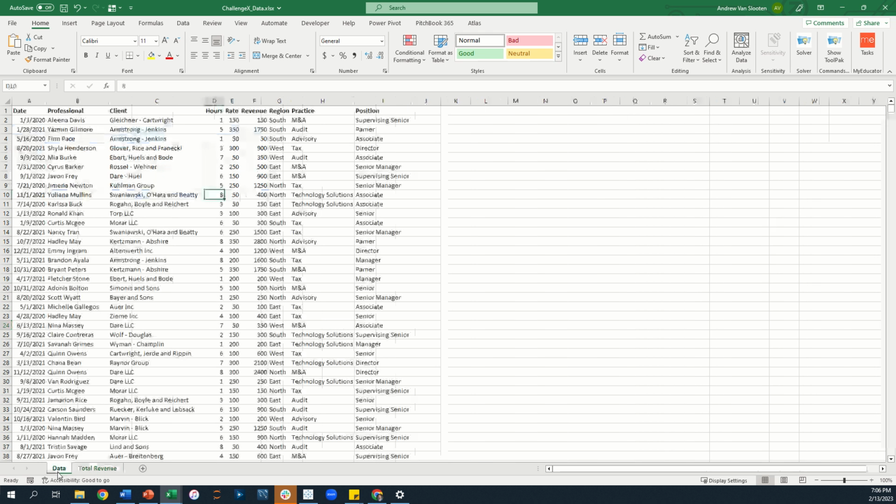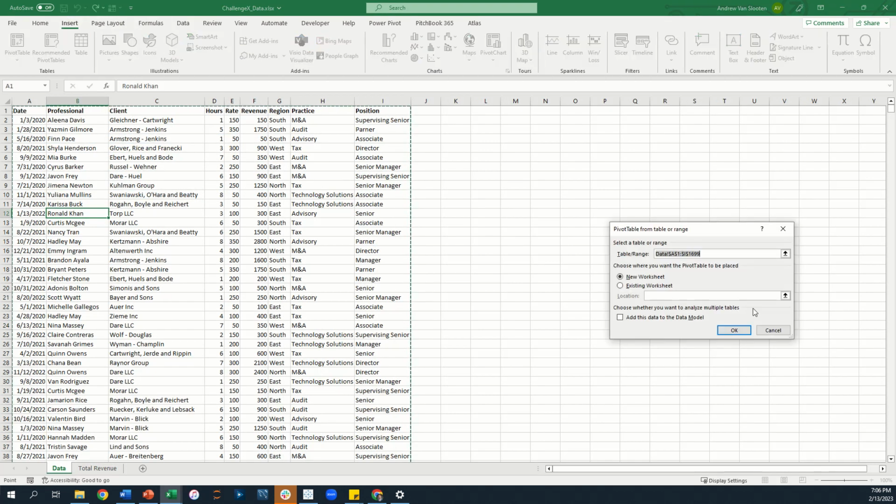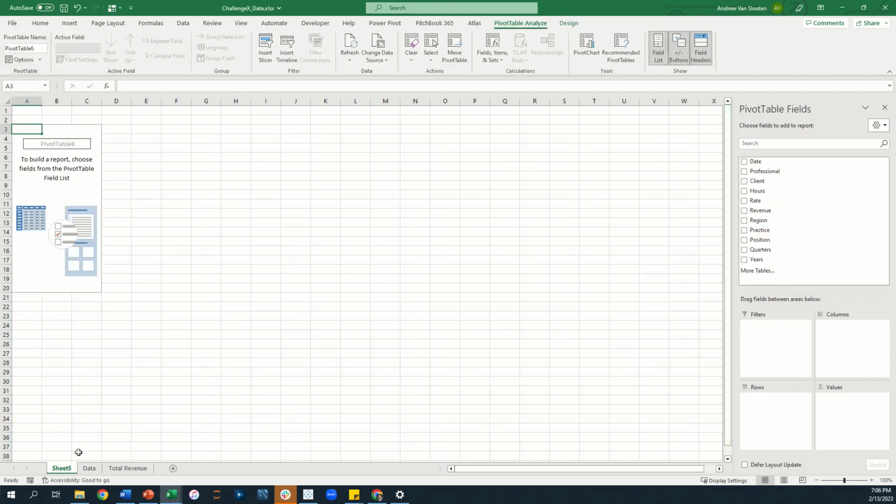All right, now moving on to the second pivot table, let's jump back to the data page and insert a new pivot table in a new worksheet. And we can call this one Advisory Revenue 2022. Move that here to the end. And let's see, for this one,